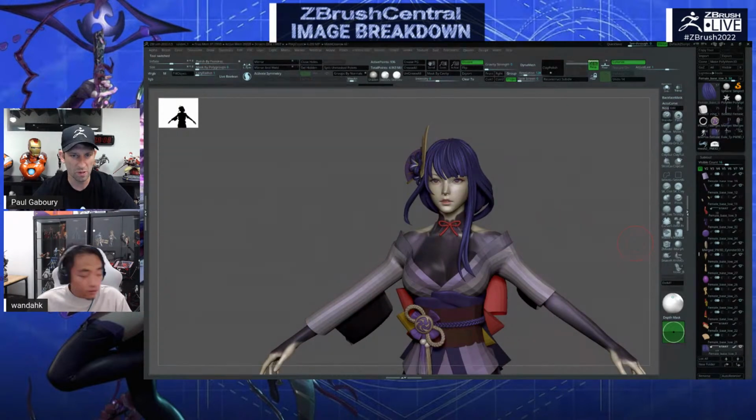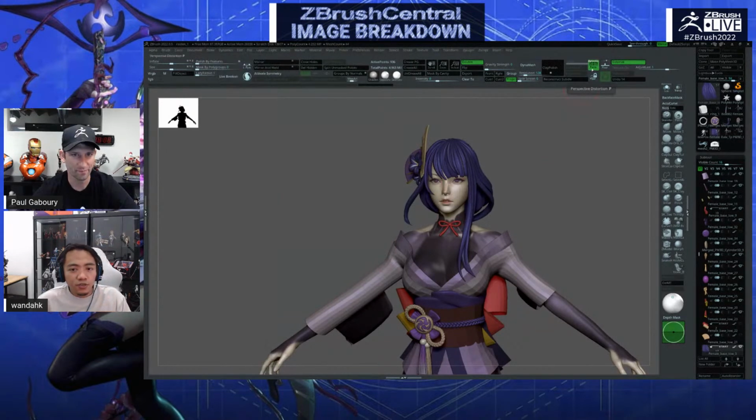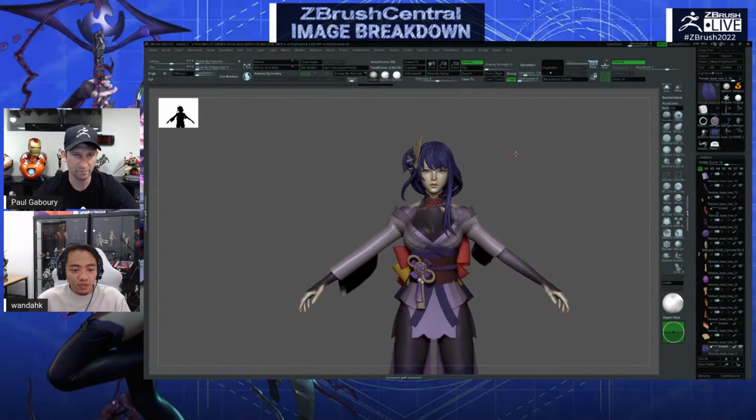I noticed you have your perspective camera on, and as a collectible maker, what's your focal length at right now? Oh, do you have it at 85? Yes, 85. I don't really usually use perspective. I usually turn that thing off